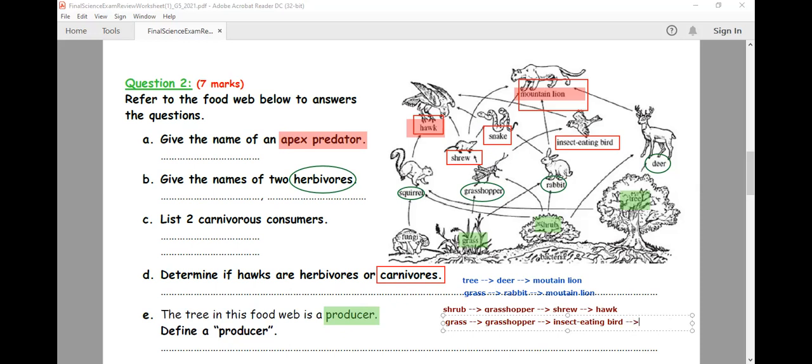One day, hawk, insect, eating bird, in the hawk. Okay. Is this clear for everybody? I have one. A producer is called a producer because it produces its own food by photosynthesis, while consumers consume